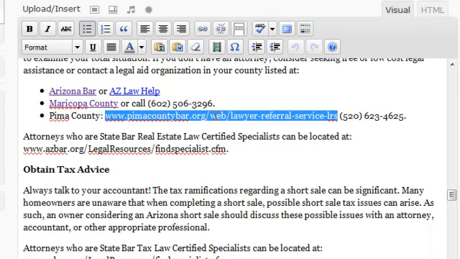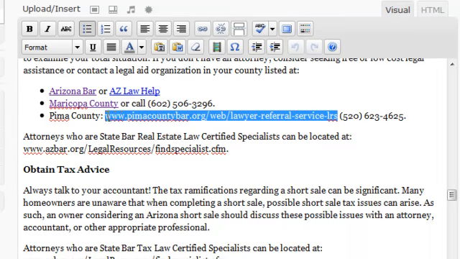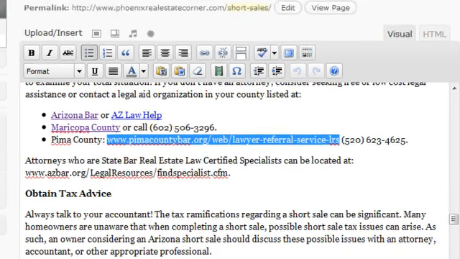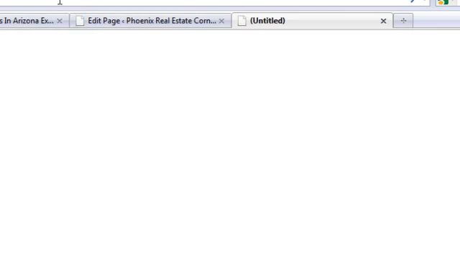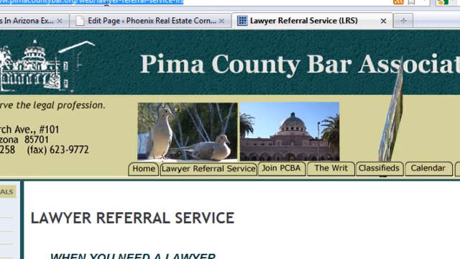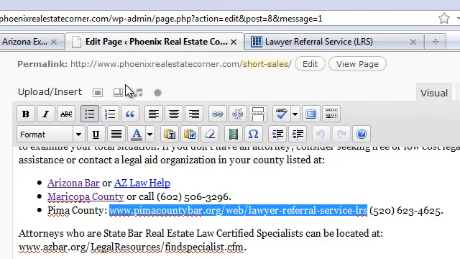Now all we want to do is take this particular link here and make it look just as nice, again, for your end user benefit. So what I'm going to do is copy this link, and then I'm going to verify it just by popping open a new tab, pasting this into Firefox, and just making sure that it does end up on a valid web page, and it does. So I'm going to go back to my edit page here,